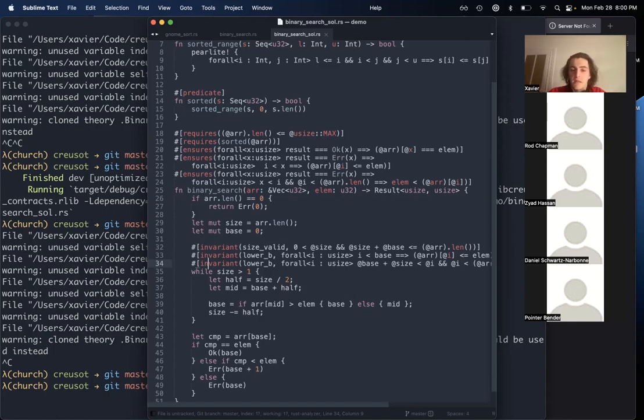There's been some interest by people who do cryptographic verification in using Creusot for cryptographic algorithms. I would be quite interested if somebody knows interesting algorithms to verify, and I'd be interested in taking a look. I don't see any reason that Creusot couldn't be used for that. It's just a case of I don't have expertise in the domain.